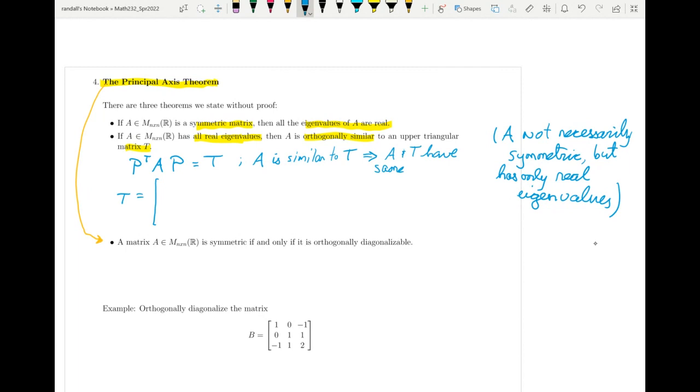So that's a fact from back there, some chapters back, eigenvalues, right? Remember that? Similar matrices have the same eigenvalues. So I'm going to write that out. Now, the second fact is, I'll put it here,